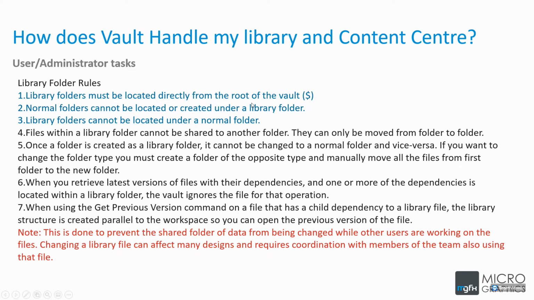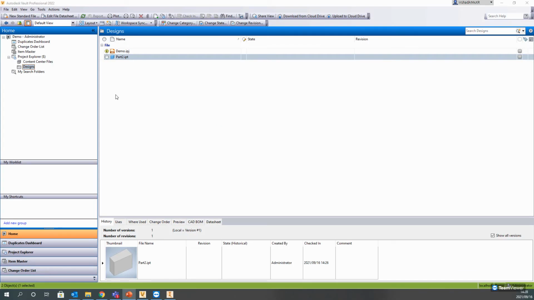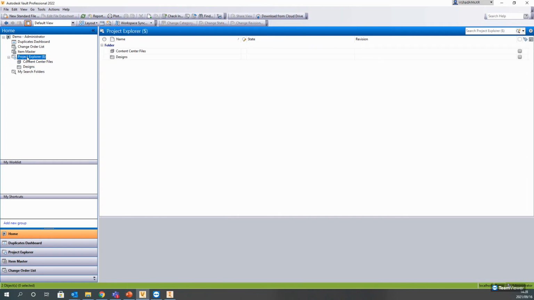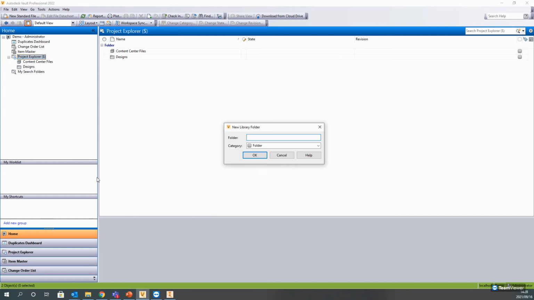But basically, library folders have to be on the root. Normal folders cannot be included under a library folder, and library folders cannot be included under a normal folder, right? And there's a whole bunch of other rules about what you can and can't do with regards to dependencies and revisions. But basically what it's talking about is, and I'm going to minimize here to go back to my, it's basically saying that you can create your own library file like this, and it can only be created in the root folder here. So for example, libraries,